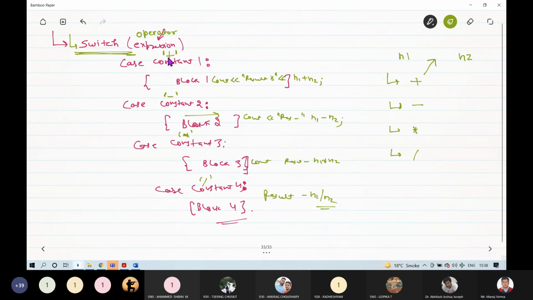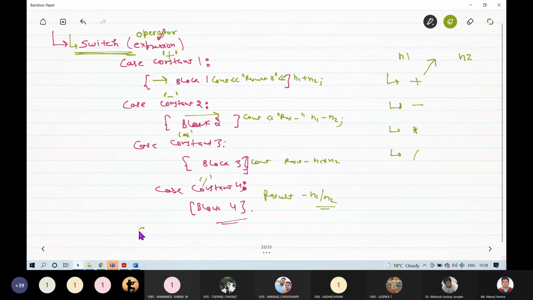And we have made all these different cases. As soon as the user enters a particular case, the compiler will run the code written inside this case only. All the other cases will be skipped, and the compiler will directly